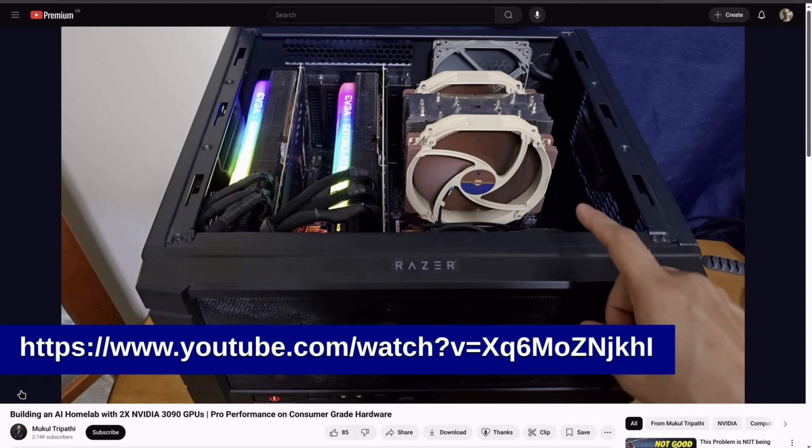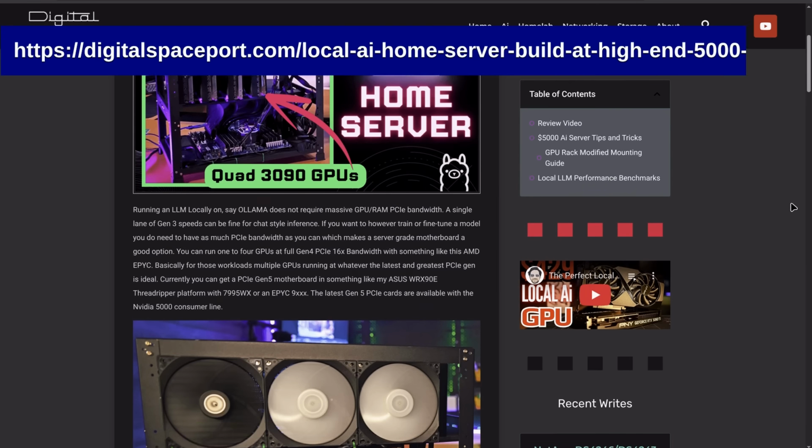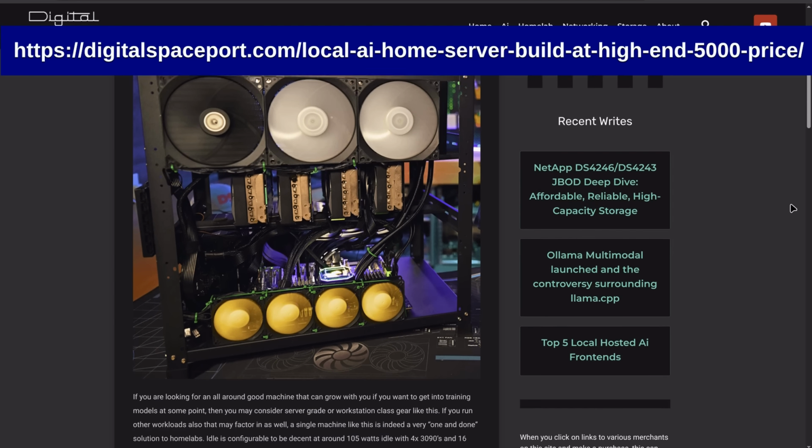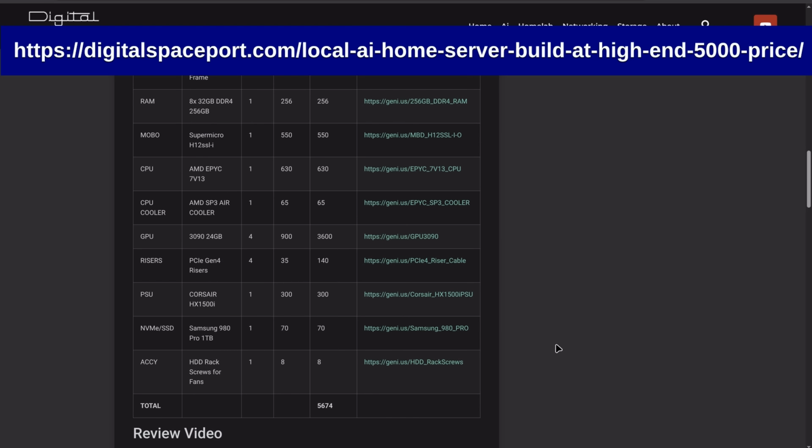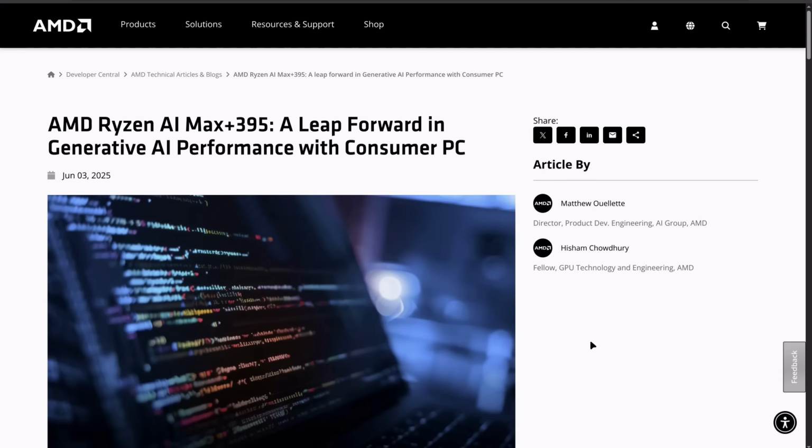Now, that's a step up, but still not enough to run a 70 billion parameter model with reasonable quantization levels. And honestly, building that kind of setup gets expensive fast. You'll be looking at thousands just to get the GPUs, plus you need a beefy power supply, proper cooling. It quickly adds up. For this reason, I've been waiting for the new AMD Ryzen AI MAX, also called Strix